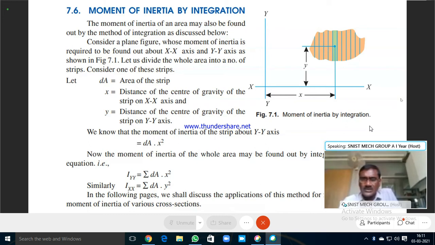Moment of area, because x times dA is the first moment of area, and x of x dA will be the second moment of area. That means you are taking the moment of area twice about an axis. Moment of inertia is nothing but the second moment of area, or you can call it moment of area also, right? So in the next slide you can see